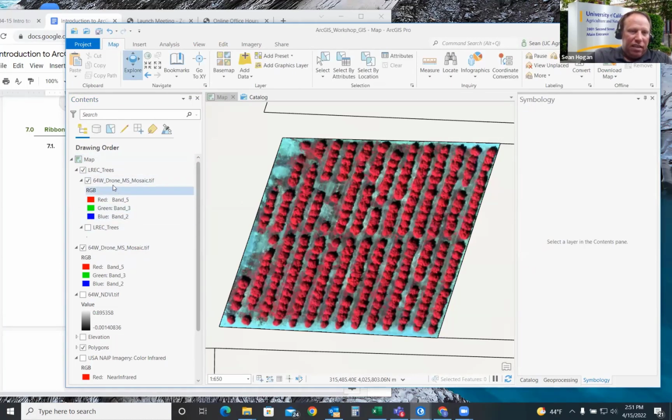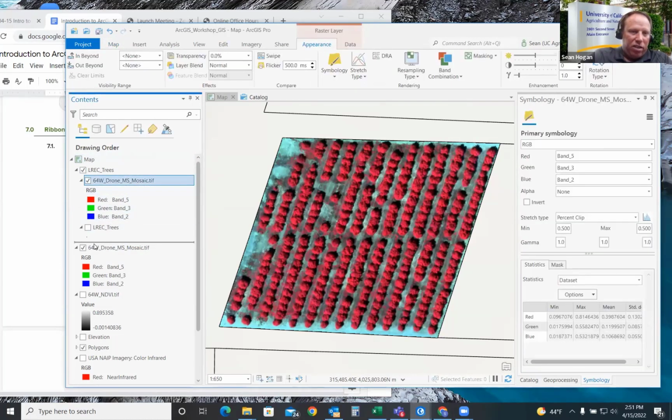It's just a neat little effect. I'm going to drag it so it's right on top of the other one. So they're stacked. It's the same layer. It's calling in the same underlying data. So if I click on and off the top one, nothing will change. But what I would like to do is go down to the bottom one and change the band layers